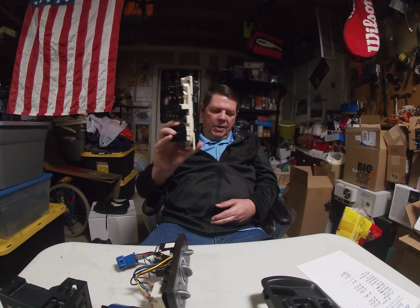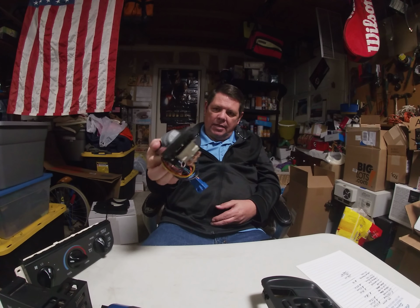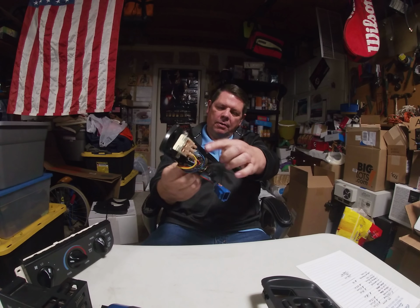65% markup. Then I also look into how much it's going to cost for shipping. I weigh these things out. None of these things, this one may be 1.5 pounds. This one's heavy for its size because of the motors. These things right here, that one's probably 2 pounds. So